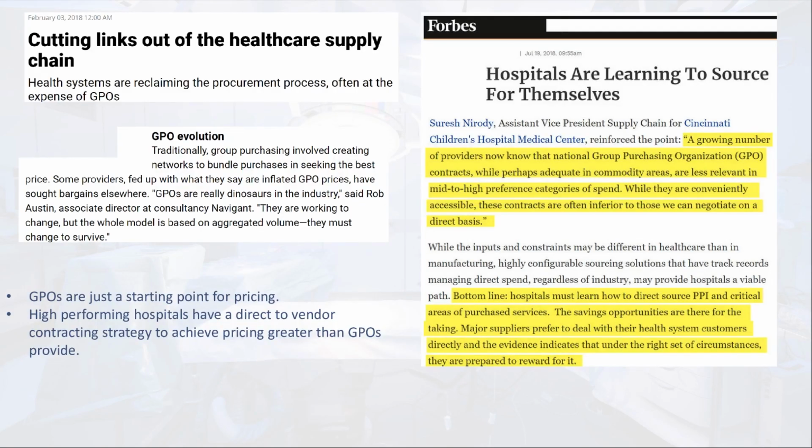So I will start off by talking about, particularly in the OR, we have a lot of costs that require direct agreements with the vendors. And GPOs are an important part of our ecosystem, but they, many times, are just a starting point, particularly in the OR. And I am going to really push on this fact of pricing is important, or the analysis